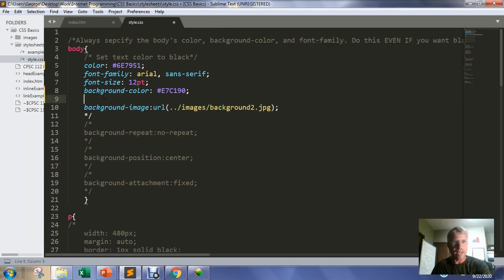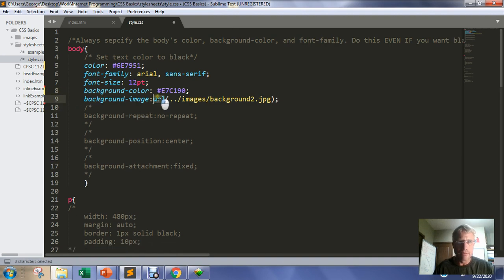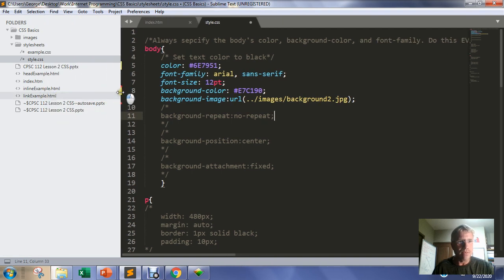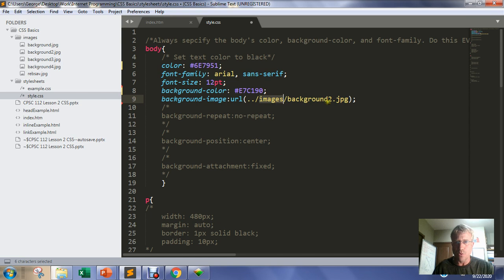So I'm going to unhide this next little piece, background image, and you have to say what the URL, or uniform resource locator, of that image is. So it's just the reference. And my background image, notice what I'm having to do here. I'm in a style sheet, and the style sheet is inside of the style sheets folder. So my style.css can't see my images folder, so I'm having to back out. There's that back out of the folder, back out .. back out of the folder, which we've seen before, and then look for the images folder, which is here, and in the images folder look for the background